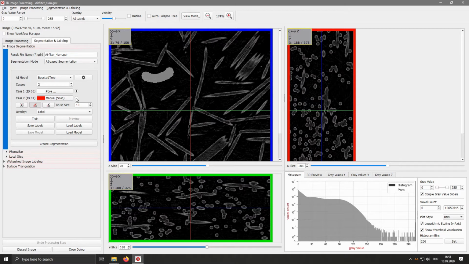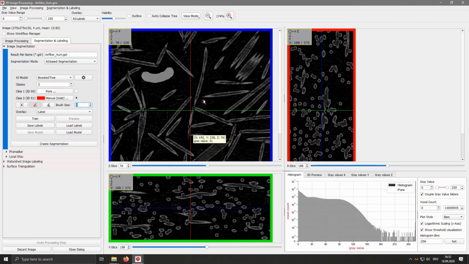And then we switch to class 2. Now you see the ring that your mouse is painting has turned red. This means now we are labeling the red material face. Now our painter is a bit too big, so we decrease the brush size. Also to paint in these fibers, we want to zoom in.